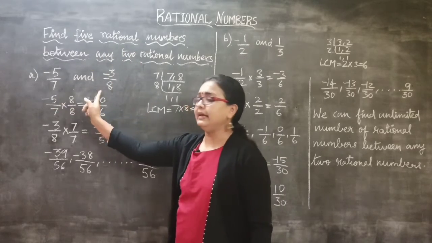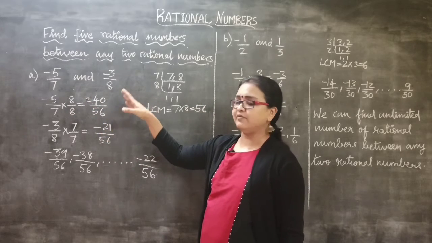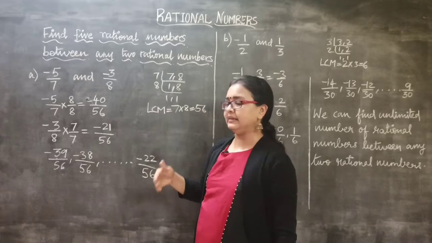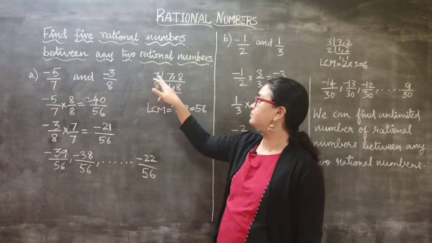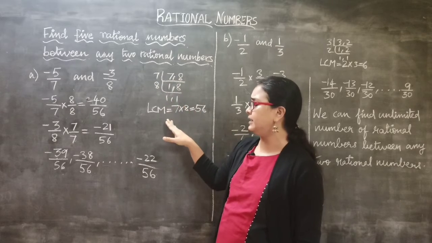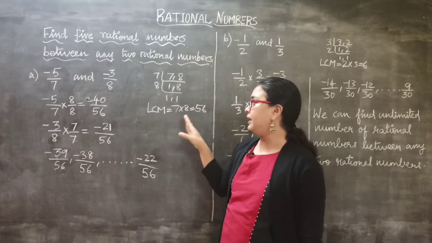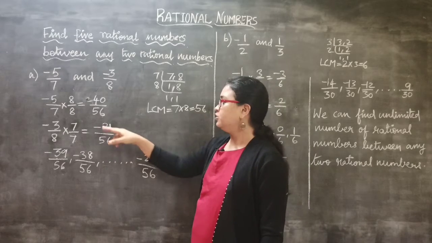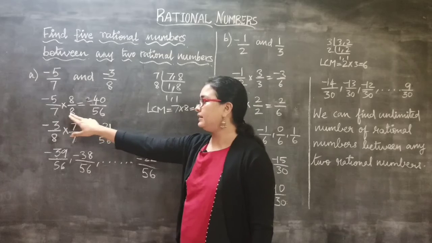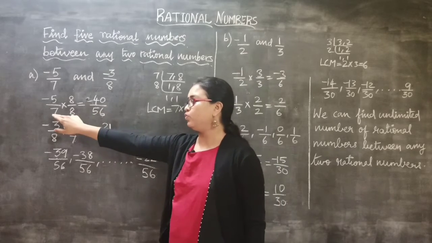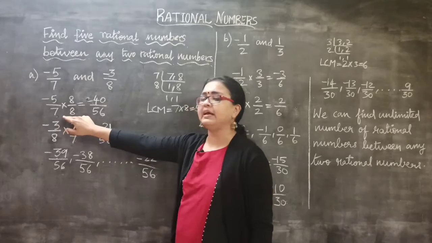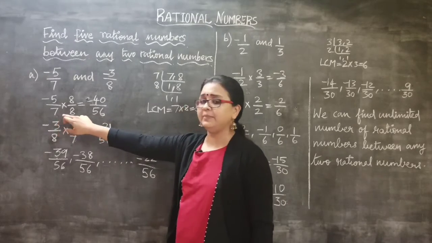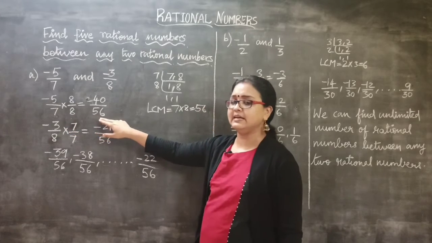So 7 and 8 are the two different denominators when you check, right? So what we have to do is make them the same denominator. That is the first step. So for 7 and 8 I am taking the LCM. When I take the LCM, I get the answer 56, right? So I have to make the denominator 56. So I have to check with what number, if I multiply 7, I will get 56. So I can say that 7 multiplied by 8 will give 56.